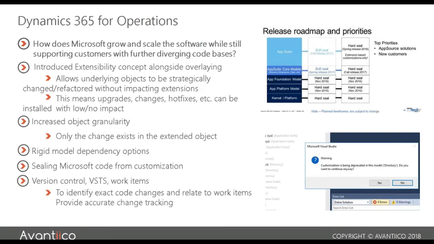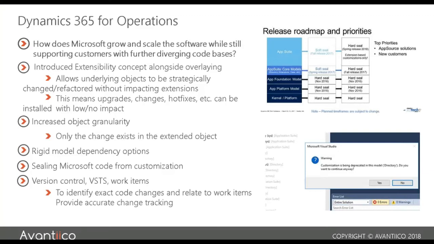The idea is that you don't modify the standard code, you create an extension to it. The problem with this is that when AX7 first came out, it was optional. So a lot of people jumped to 365, created their customizations, and overlaid the standard code. That's fine, and a lot of ISV solutions, customers and partners have done that. Then Microsoft started to say, well, hang on, we really don't want to do that anymore. So they're asking the partners and the ISV solutions to move from overlaying to extensioning.